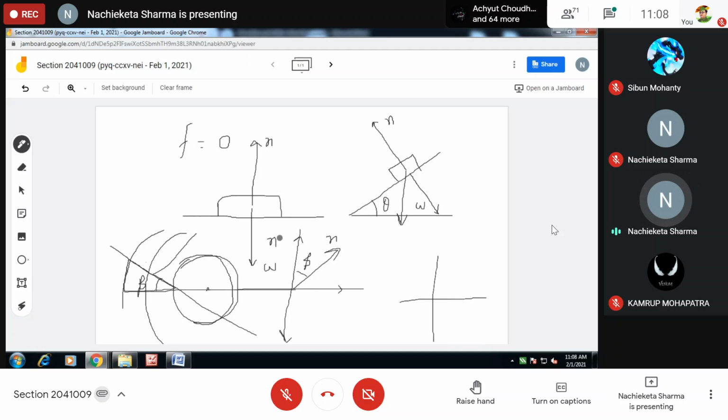So here in the banking of the curve problem, N cos beta was balanced by W and N sin beta was giving you the required centripetal force, because you need the centripetal force not along the inclined plane but along the horizontal plane. But here, though both of them look like inclined planes,